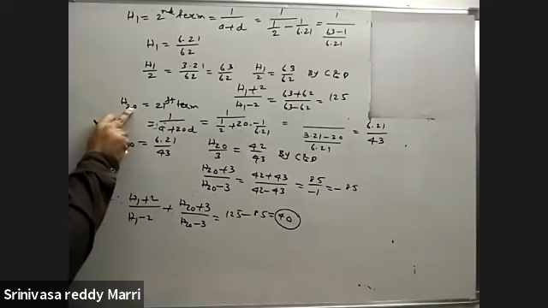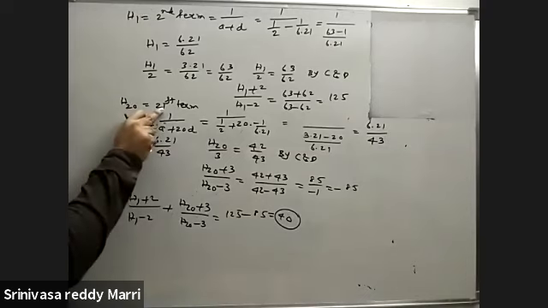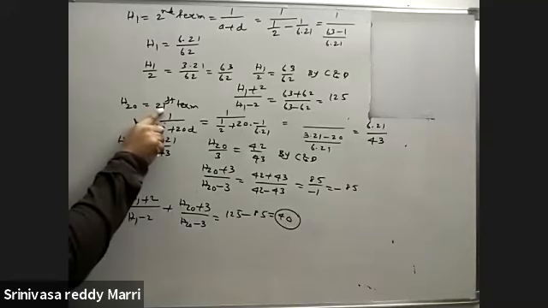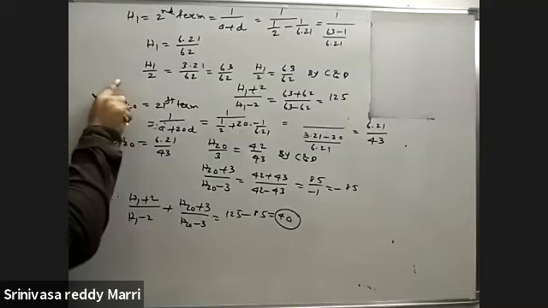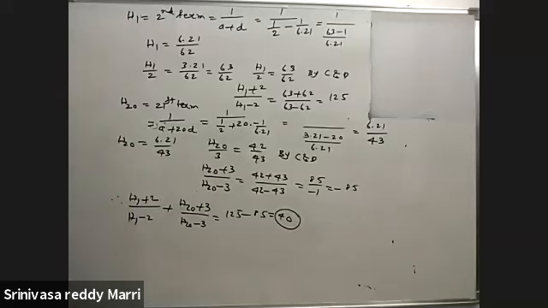This number will be 20, that is nothing but one more. In the HP, one more. 20 means 20th term, first means second term, 10th means 11th term, like that. Because the first term A will be there. Calculating that, this will be the 21st term in harmonic progression. Like that, harmonic means concept.